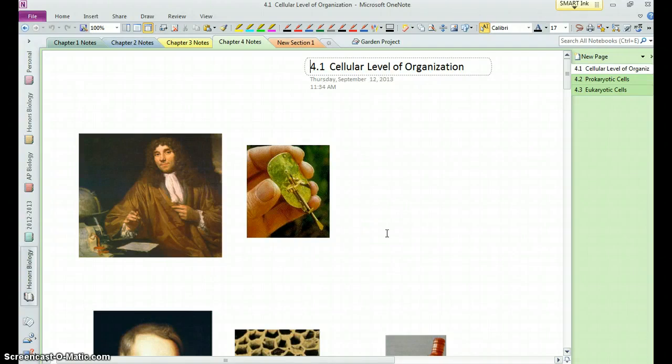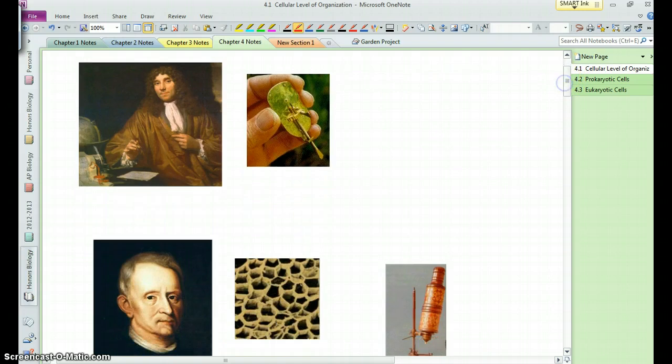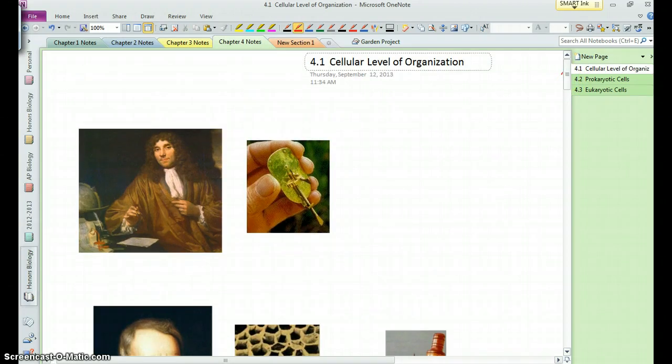Okay, so let's talk about Chapter 4, cells. And so first a history lesson, because at one time, people were not aware of this microscopic world that we are now aware of and didn't really know what things were made of. And so it really wasn't until the mid-1800s when a couple people started to look at this microscopic world, and one of the first